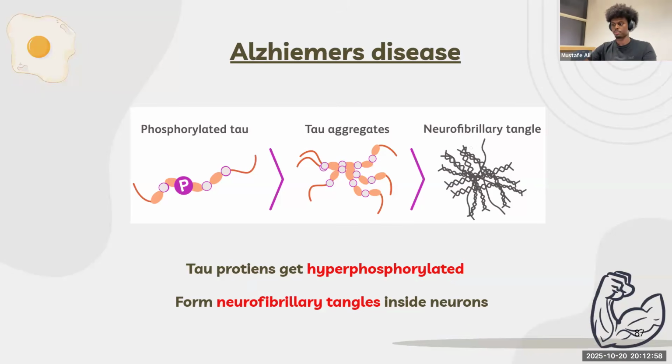Okay. Did the tau protein make sense? Before I explain them both together one more time, all I need you to know from the slide is that the tau protein gets hyperphosphorylated. Because it gets hyperphosphorylated, it gets really sticky. They stick onto one another, or in other words, they aggregate, forming these neurofibrillary tangles.